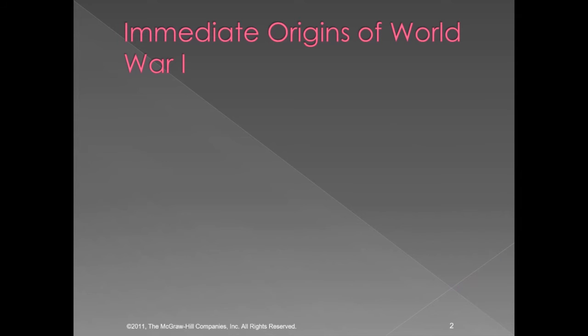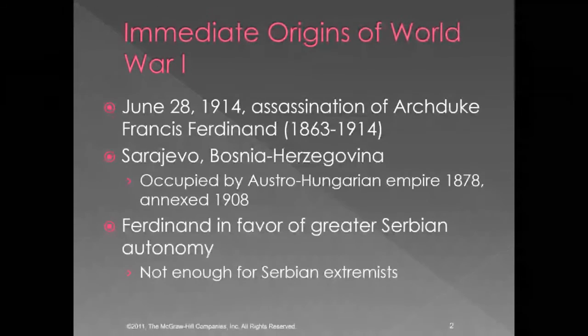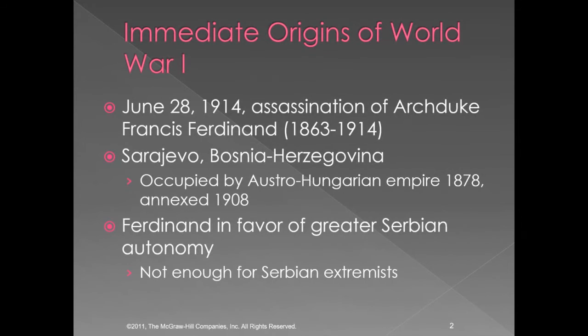The origins of World War I are really made up of several things, right? Bosnia and Herzegovina had been occupied by the Austro-Hungarian Empire in 1878. And again, don't worry about this part, okay? These slides, you can copy them down if you want, but this is just background. This is just kind of setting the scene for you, okay? Austria-Hungary has been dominating Central Europe, as are the Germans, okay? And they take over this area of Bosnia-Herzegovina, which is largely composed of Bosnians, Serbs, and Czechs, right?